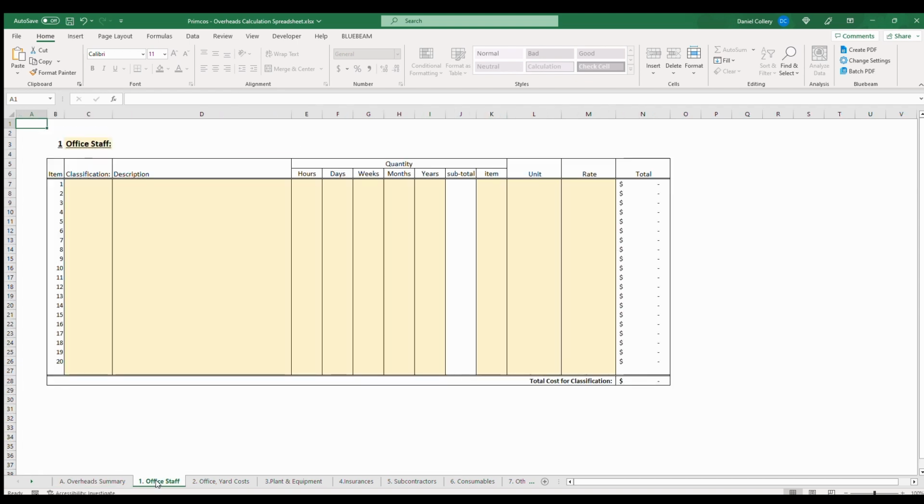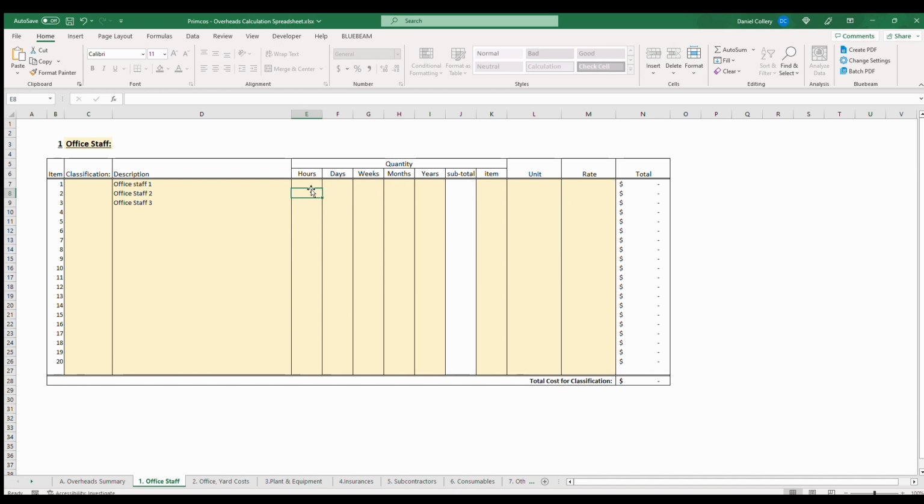So to run through a quick example of this and just put in some data, we'll just go through here: admin or office staff 1, office staff 2, office staff 3. So on these sheets, these yellow cells can be edited here, the shaded cells. Everything else is locked. Here we can enter in either the hours, days, weeks, months, years, or a lump sum